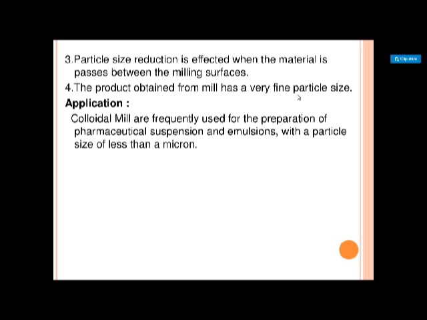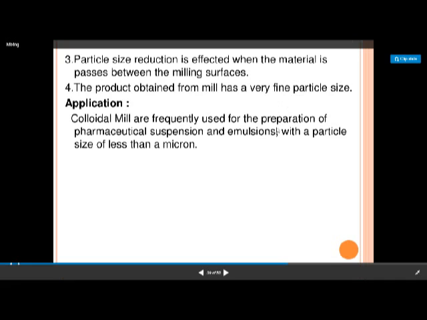And a large amount of heat is generated in this colloid mill. This is the disadvantage actually. So you have to attach a cooling system if the material is thermolabile. If you have to mix thermolabile material, then you have to attach a cooling system. Otherwise you cannot use this for a thermolabile system, because heat is generated in this system, right? So this is the colloid mill.